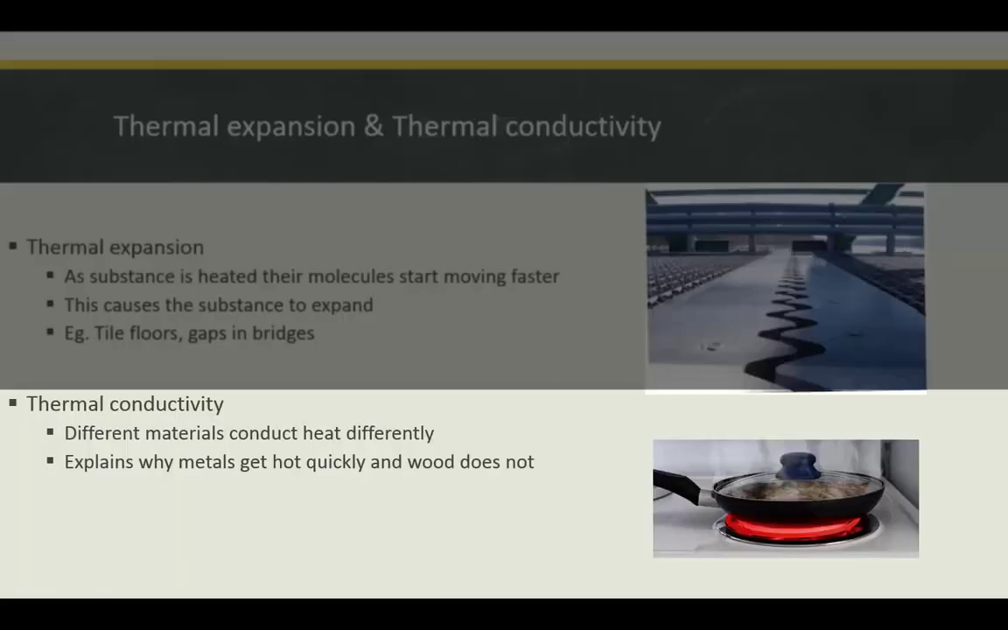The next one then is thermal conductivity. Now, different materials conduct heat differently, and it explains why metals get extremely hot very fast, but wood does not. It also explains why we use metals in our pots and pans and not ice or wood or anything like that. Now, metals have this wonderful thing where if we exert heat on one end,